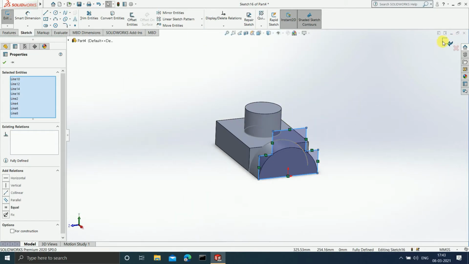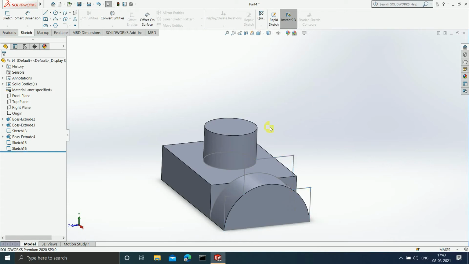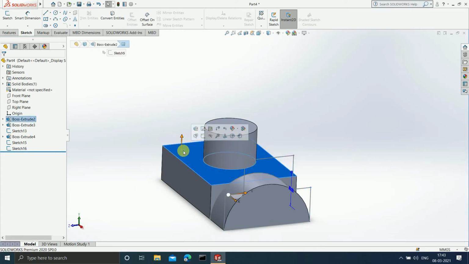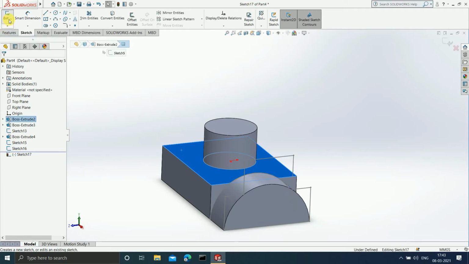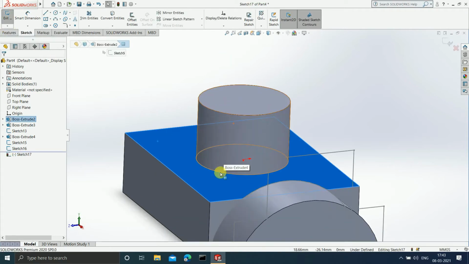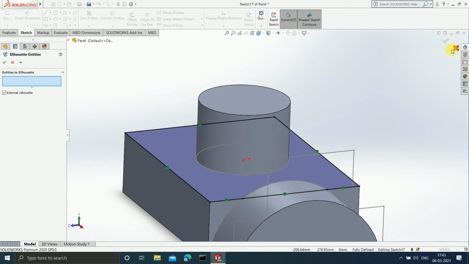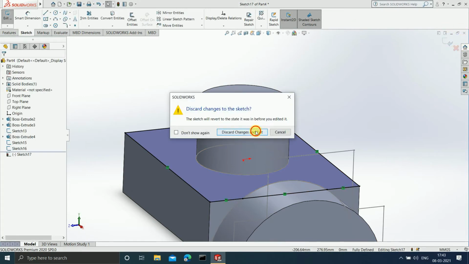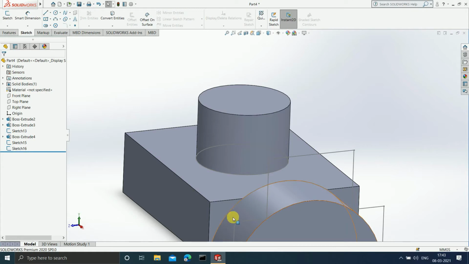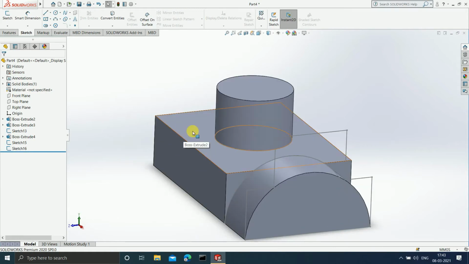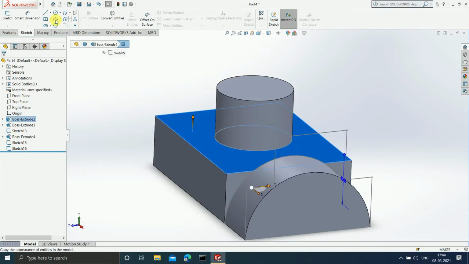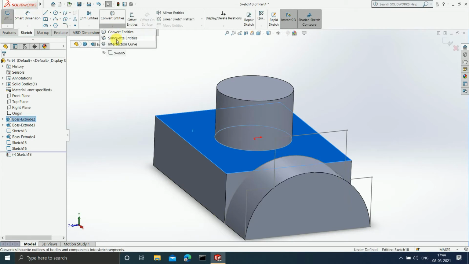I will give you one more example. Now suppose I select the top plane and press sketch. Then I go to silhouette entities again. Now let us select this plane, click on sketch, and click on silhouette entities again.